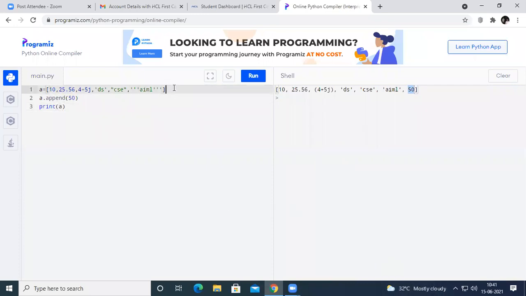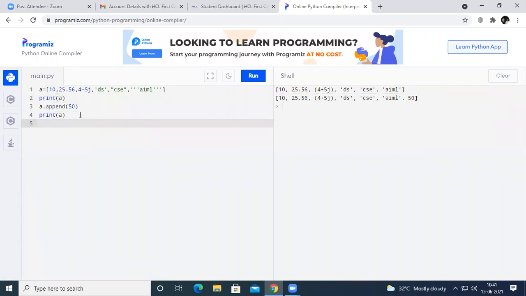You can print the list again before appending, and you can see that the last element was AIML. But if you add the element by using append, which is a predefined function in the Python programming language, used to add one element at the end of the list.